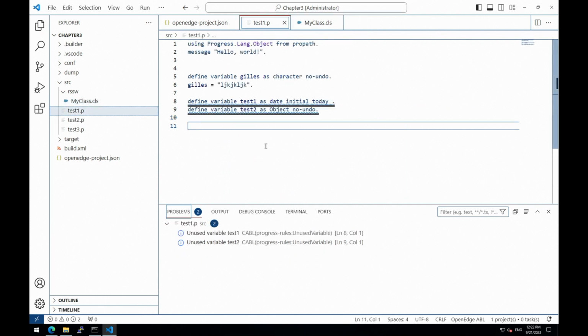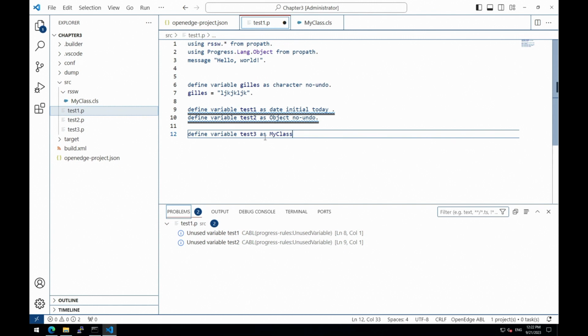So we can now go back to the project. The myClass is available in your source directory, so it is available in the propath. So you can now define a new variable here that will be of this type. So myClass. Here, it automatically injects the using statement in order to work with this specific class.